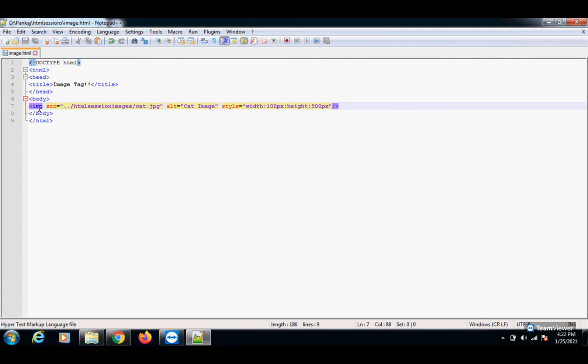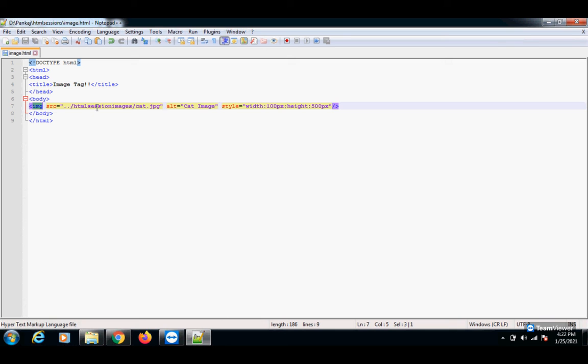So today we have learned the img tag. In the image tag, we have some attributes. This is a self-closing tag, so we don't have to write a separate tag that will close this one. And img contains some attributes like src. That src basically has the source for the file, where we have the file in our file system.